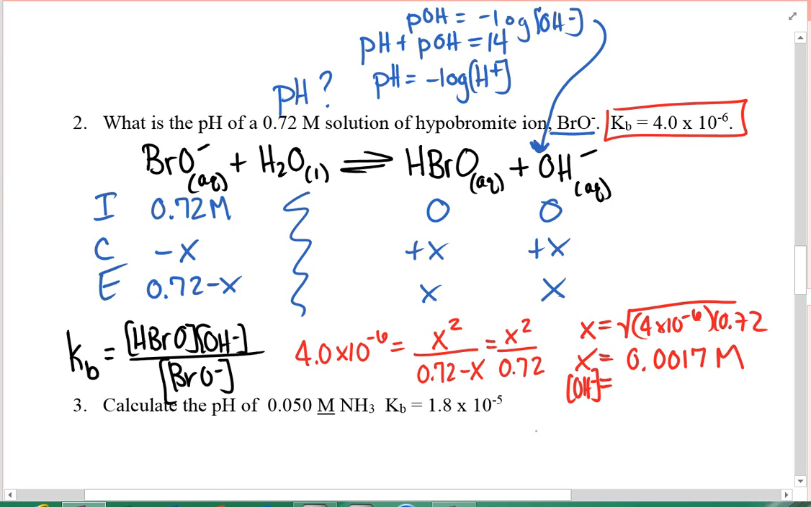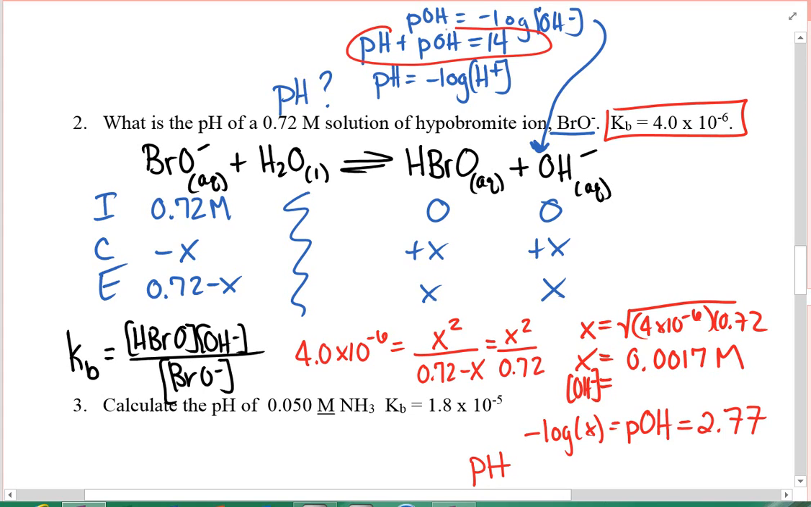So if I take the negative log of my X value, in this case it will give me not my pH but my pOH. So I'm going to take the negative log of this number and I get 2.77. So the pH, using this relationship right here, which is on your equation sheet, my pH is going to be 14 minus my pOH, which is